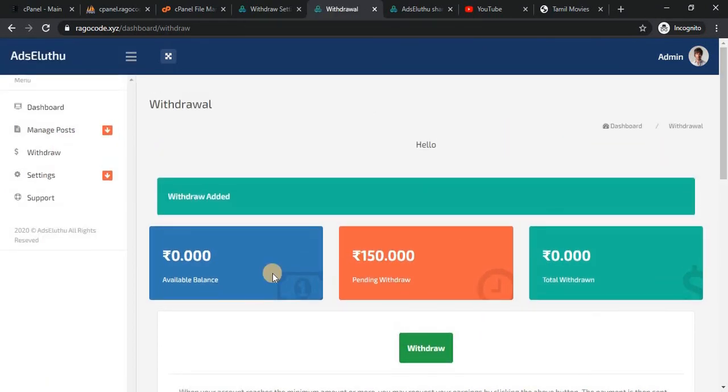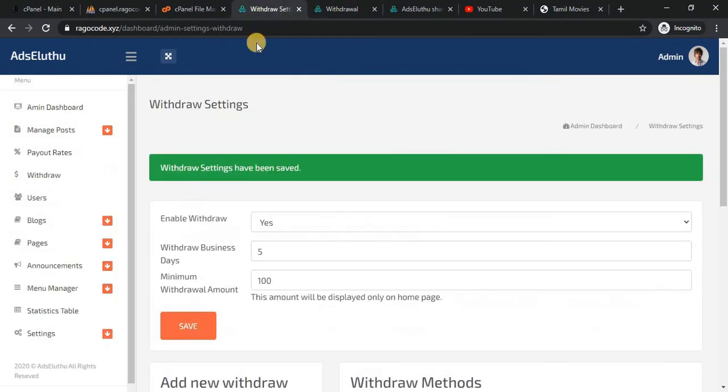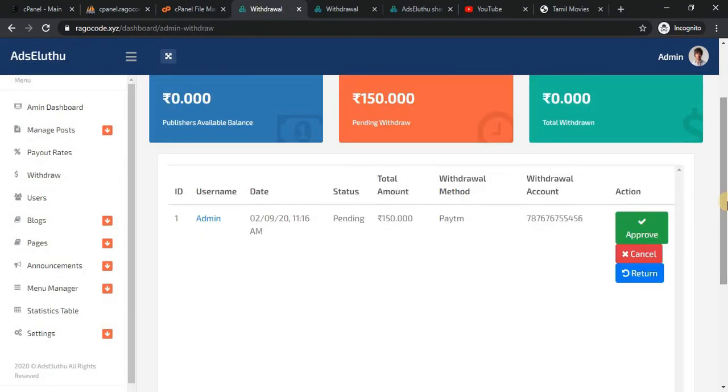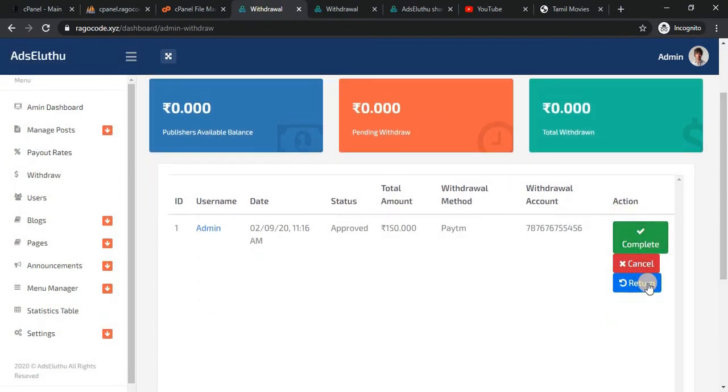The publisher amount will be transferred to pending withdrawal. You can see the status of the request. The admin can only approve or cancel and return. Once the admin checks the stats table, the admin first sets the approval, and then clicks complete or wants to cancel and return.